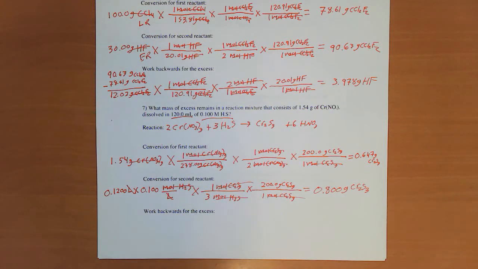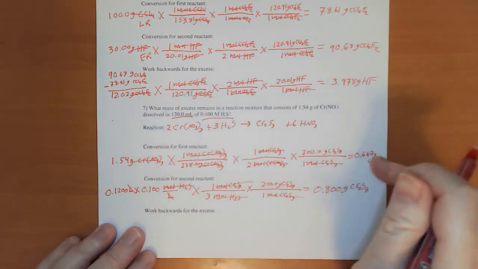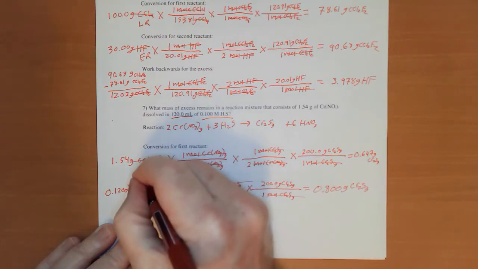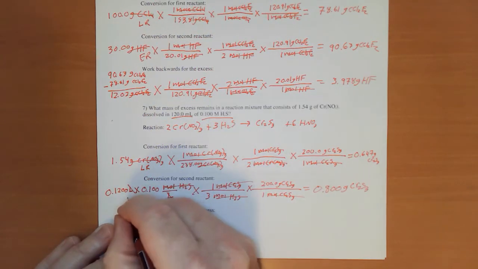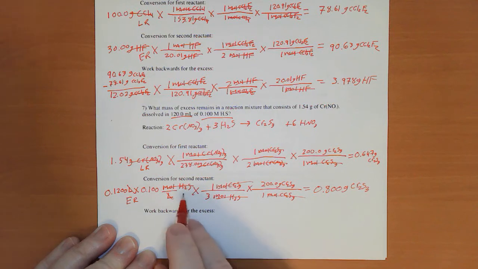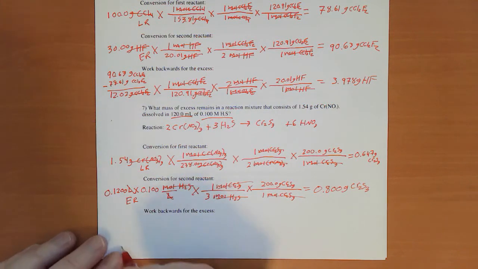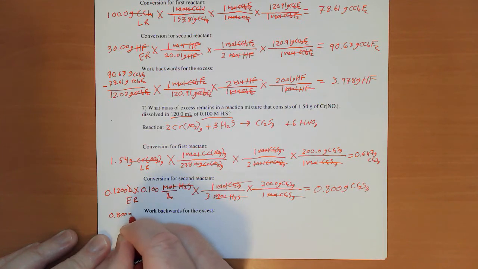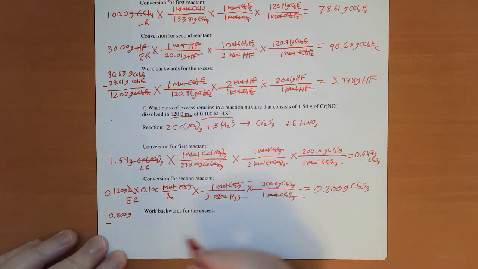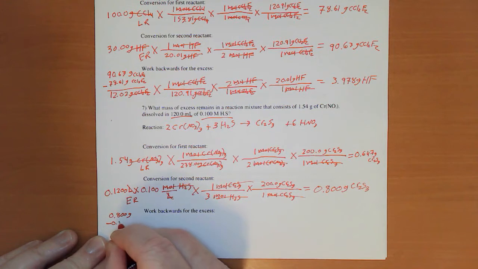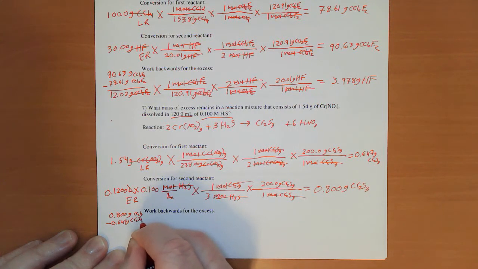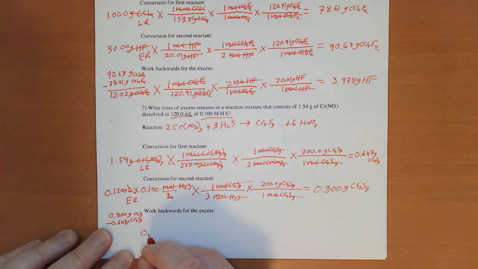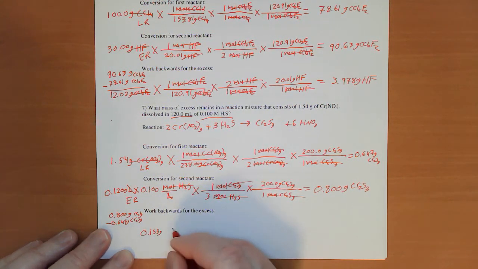All right, so obviously, because the smaller number, this is the limiting reactant, this is the excess reactant, so I'll have some H2S left over. I take the difference here, 0.800 grams minus 0.647, and these are Cr2S3, Cr2S3. That gives me 0.153 grams